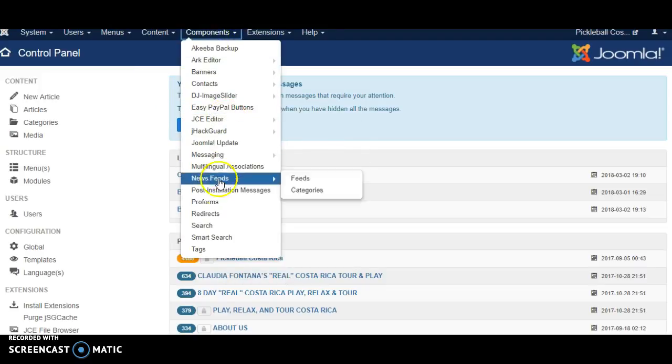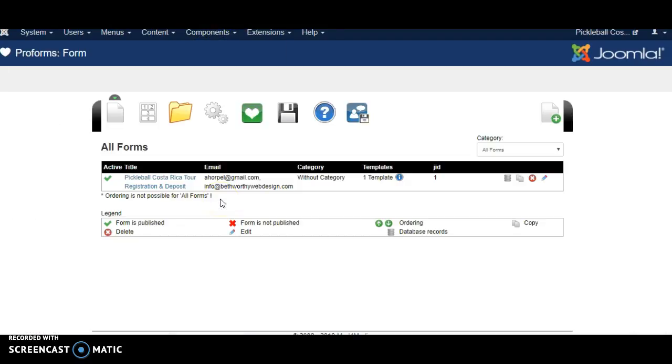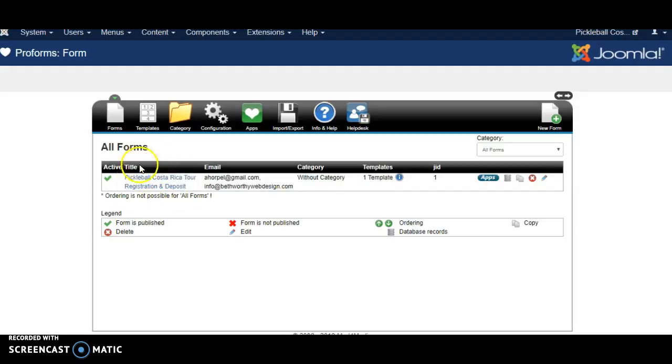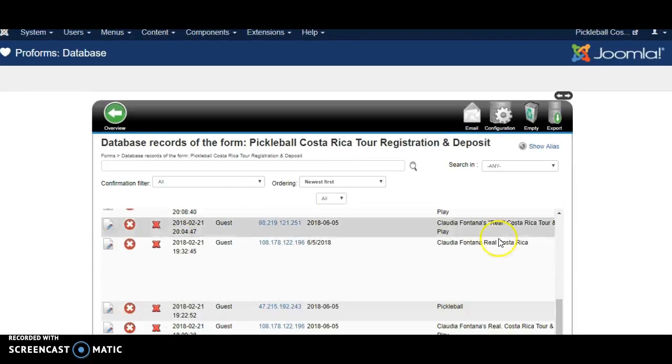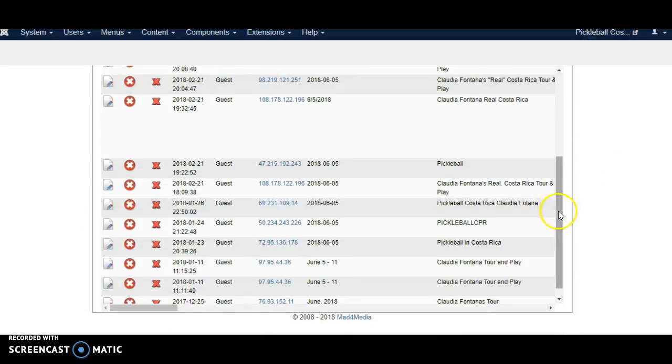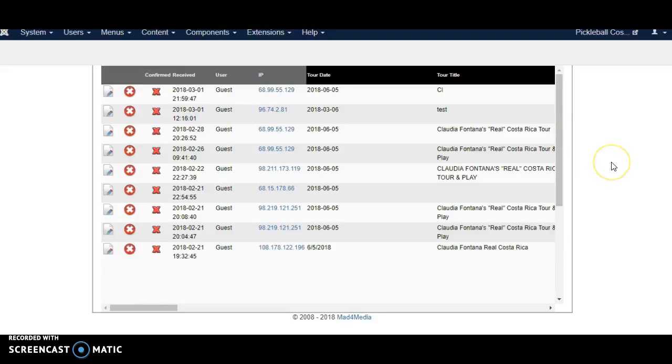So you go to Components and Proforms. You'll see that you have one title of a form here. And then over here, we're going to see Database Records. You'll click that. These are going to show you all your database records, the people who filled out the registration